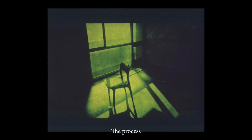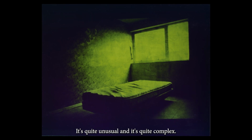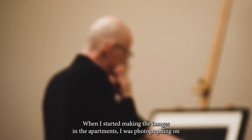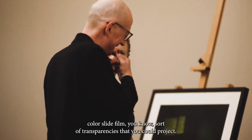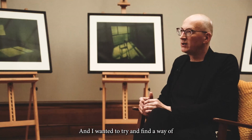The process that I used to make the Orchard Park images is quite unusual and quite complex. They are photographs. And in fact, they are photographs of photographs. When I started making the images in the apartments, I was photographing on colour slide film, transparencies that you could project. Those images were very grounded in the everyday, in the little details of people's lives. And I wanted to try and find a way of